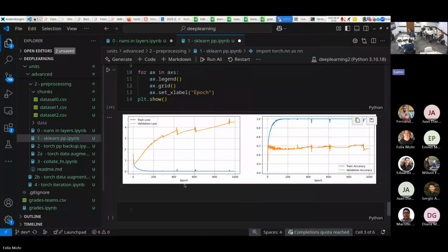where we see on the left the loss, the cross entropy value, and on the right the accuracy. What you can see is a super nice example of overfitting, because the training loss goes down all the time, basically forever, and the accuracy goes up and converges to 1. But what you can see after only about 10 epochs is that the validation loss also drops in the beginning, but then it goes up again. So this is a really bad